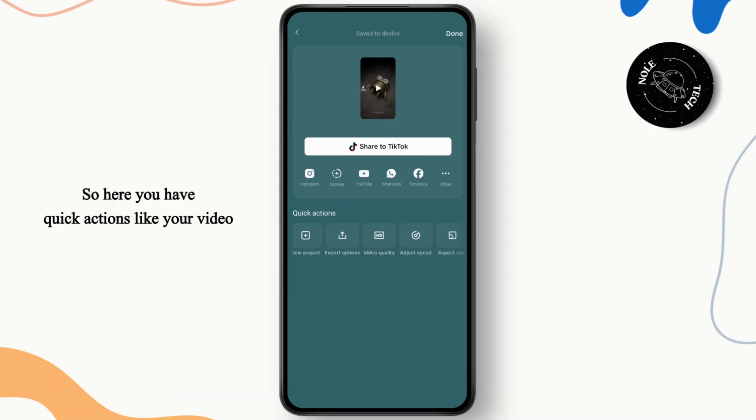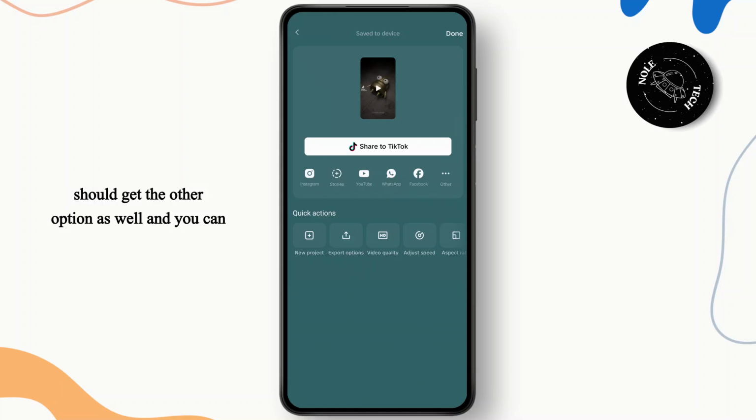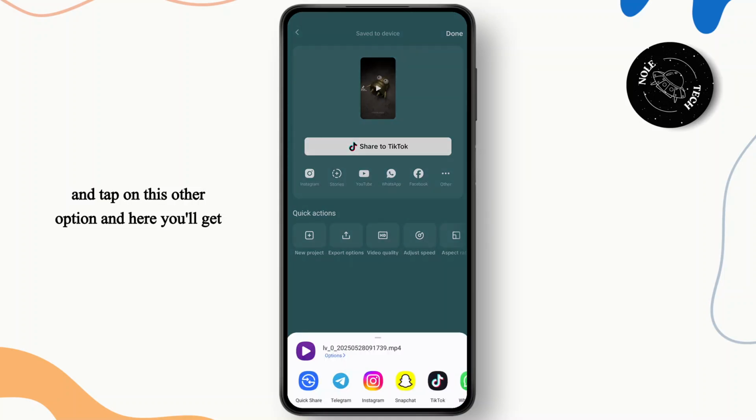So here you have quick actions like your video quality, edit cover, share projects, and right above that you have the share option. You can share it to Instagram, your stories, YouTube, WhatsApp, Facebook. So if you tap on other, you should get the other option as well, and you can also copy the link for this. So you can go ahead and tap on this other option, and here you'll get an option